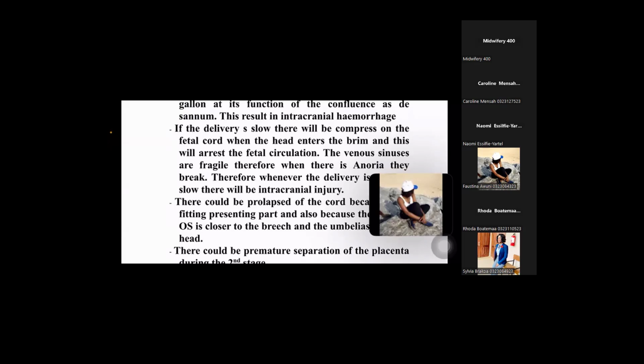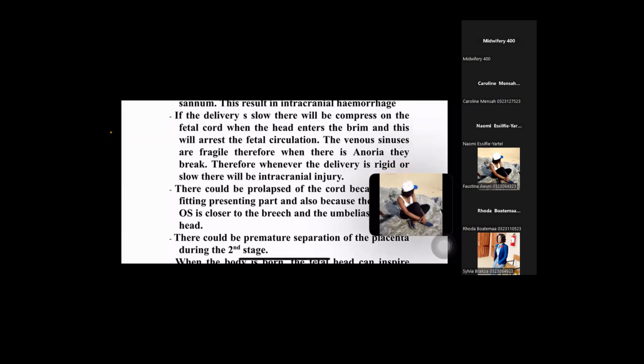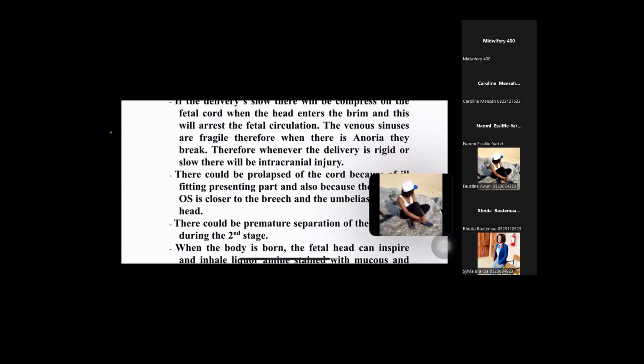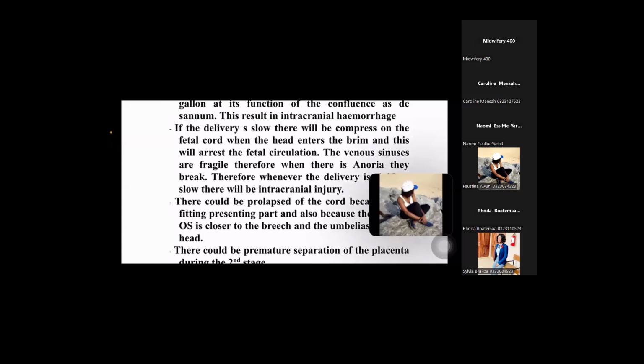And this will arrest the fetal circulation. The venous sinuses are fragile, therefore, when there is anoxia, they break. Therefore, when the delivery is rigid or slow, there will be intracranial injury. So with this point also, I think